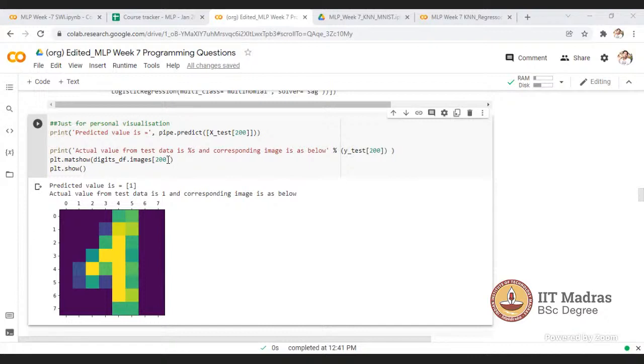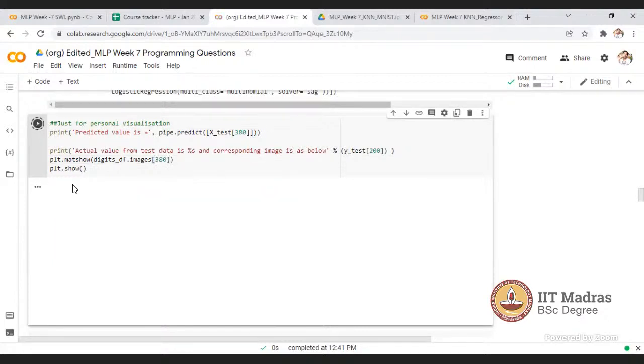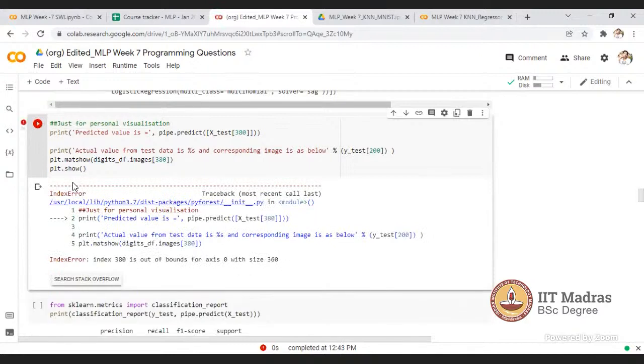Okay, just check for some other values. Let's say at index 30, to see how our model is performing, whether it is working correctly or not.